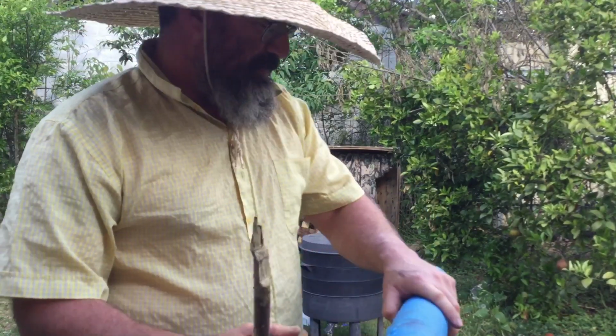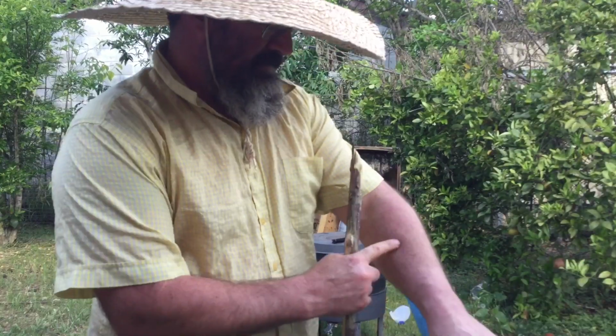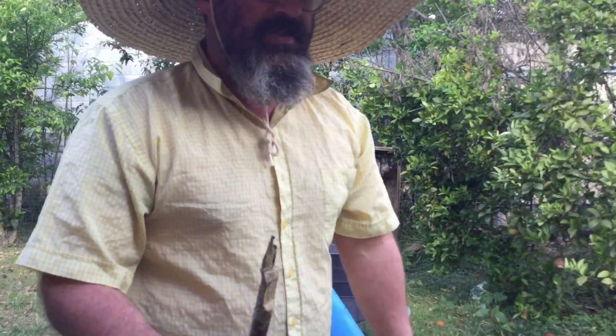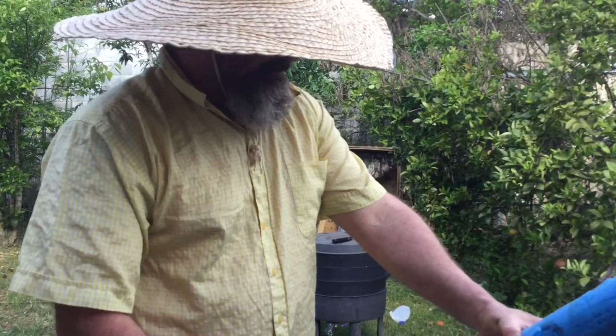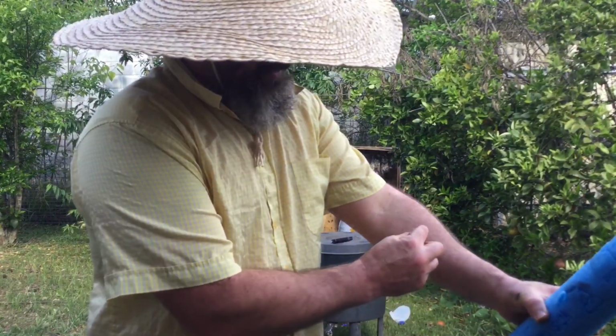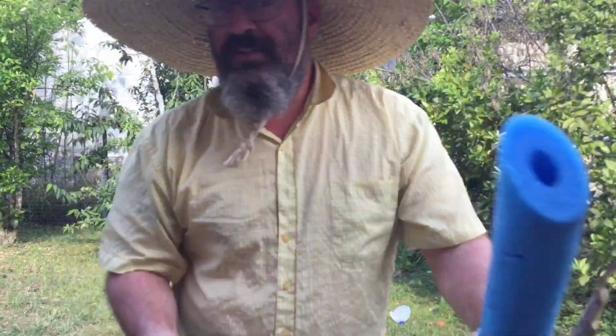Yeah, pool noodles are probably going to cut a little bit easier than skin does, but at the same time, skin cuts quite easy. If anyone's seen a decent, nice clean cut, it doesn't take much for it to open up. So in a scenario where you're wrestling and fighting,